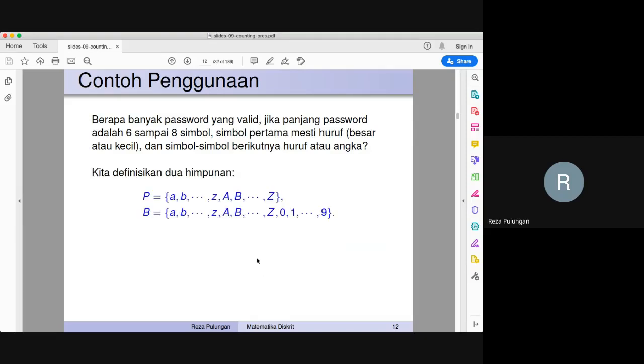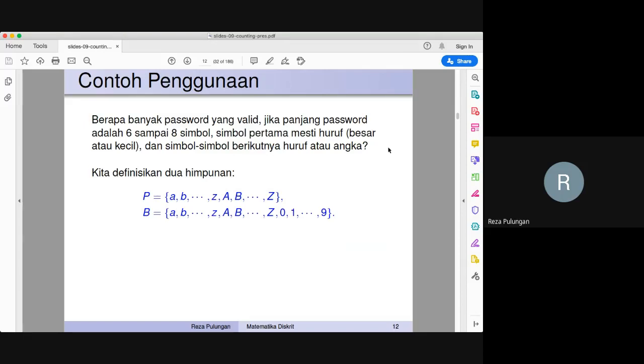So let's see. These password things here are ordinary problems, real life problems. If you try to answer this right away, it is not actually easy to answer. But we will try to convert this problem into a sequence problem. So our first step must always be to try to bring this problem into a sequence problem. So how do we do this?